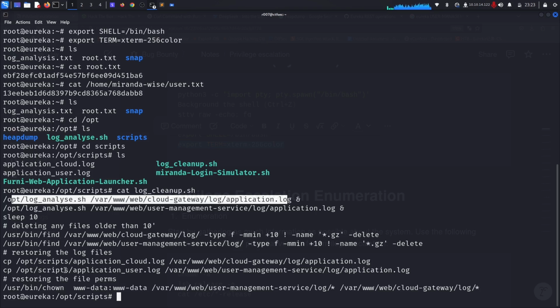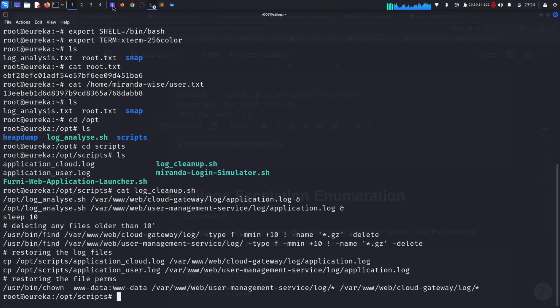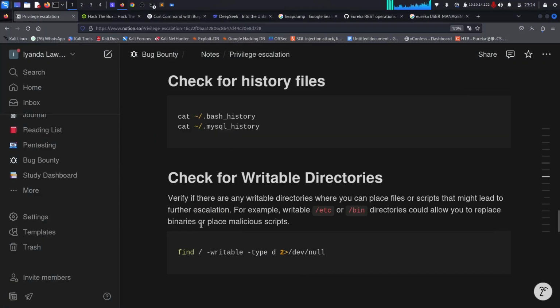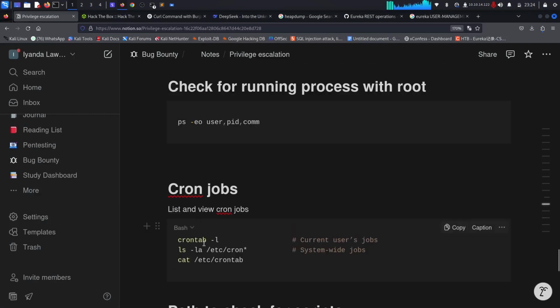That is why we are losing it, and every time we send a payload and we delay for more than 2 or 3 minutes, you see that this particular script cleans up the application data, or whatever we put in there, and replaces it with new application data. So you could actually analyze this and see what this file is doing. But I personally am interested in the cron job to see why we have to wait for some time before the scripts actually execute. So what you can do here is you can type crontab -l,